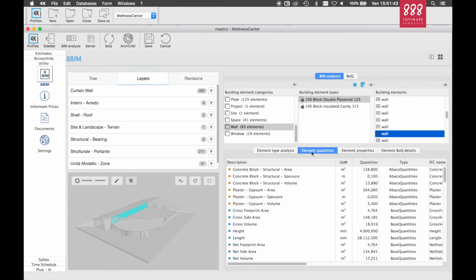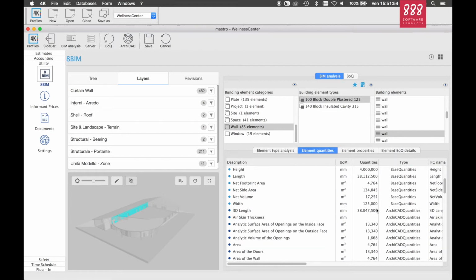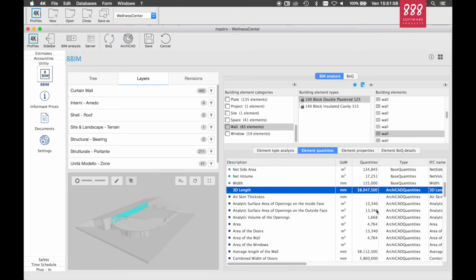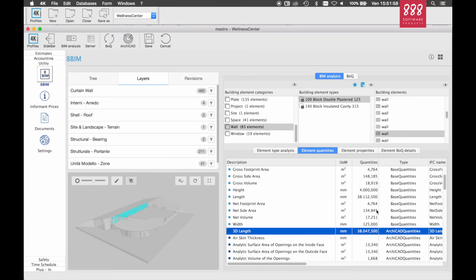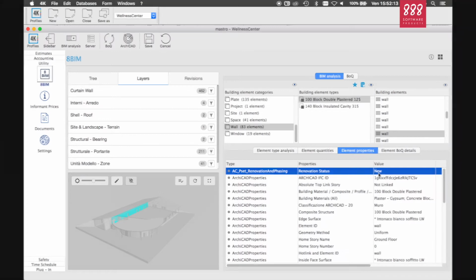It's also possible to select a single element, to highlight it into the model and to inspect its information, such as its quantities, which are then grouped into Abaco quantities, the ones coming from ArchiCAD schedules, the base quantities, which are the standard IFC quantities, and the ArchiCAD quantities, which are specific to ArchiCAD. Furthermore, it's also possible to see the element properties written in the IFC file, which, as you can see here, are the standard ArchiCAD properties, and the renovation and phasing status information about the element, which is in this case